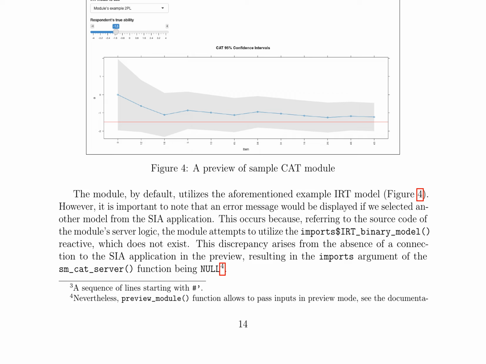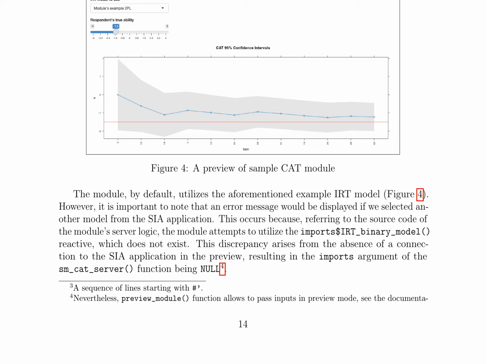The module's functions are called within a simple Shiny application skeleton, and upon execution, the application launches, as shown in Figure 4. By default, the module utilizes the aforementioned example IRT model. However, if another model is selected from the SIA application, an error message is displayed. This discrepancy arises from the absence of a connection to the SIA application in the preview, resulting in the import's argument of the